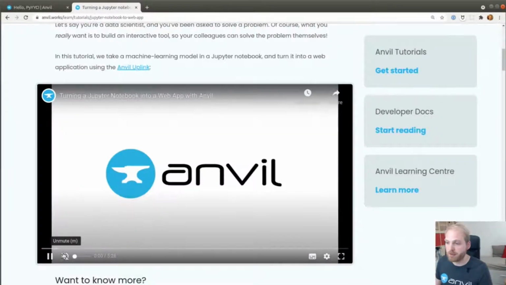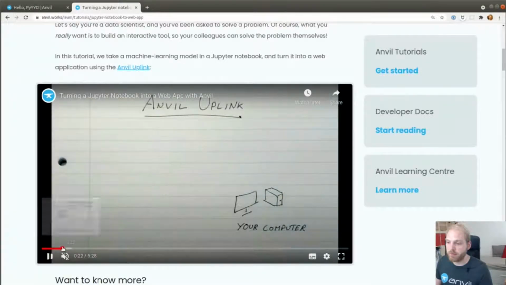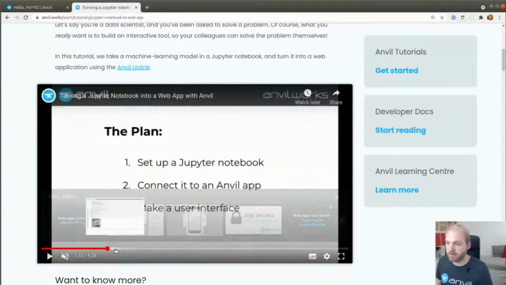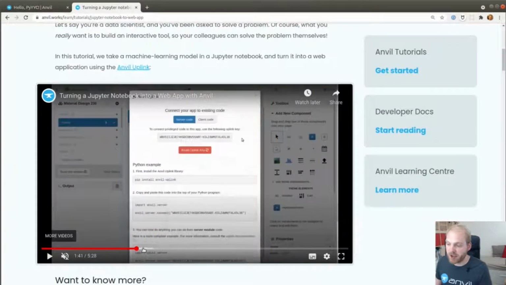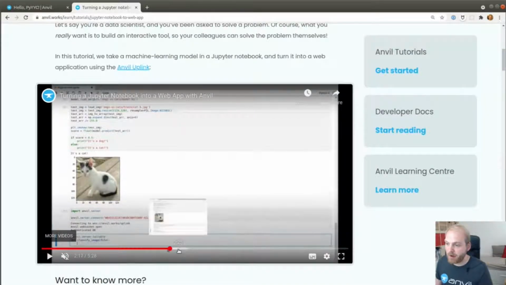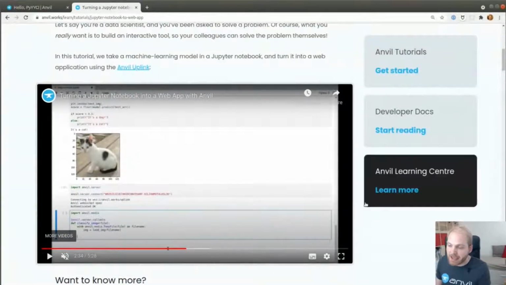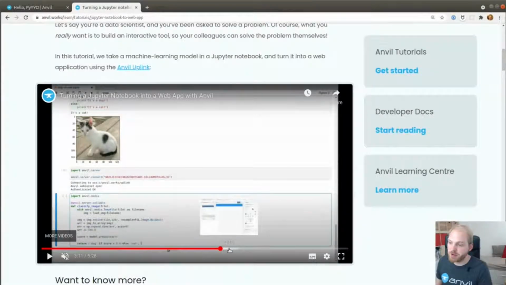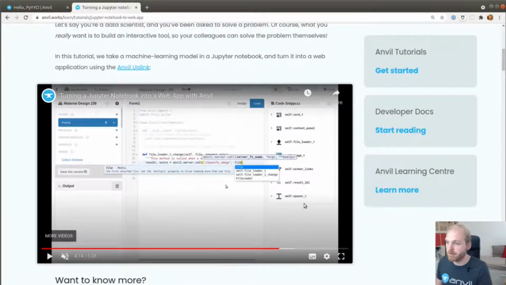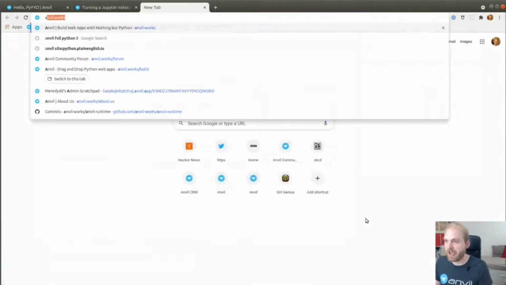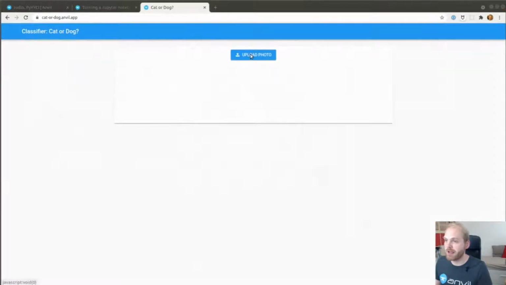And so in this video example, you will see I take a Jupyter notebook that, here we are, can already tell the difference between cats and dogs. And I connect it using the uplink to an application. And now I define an anvil.server.callable function in my Jupyter notebook. And then I go into my user interface and anvil.server.call that function from the web. And so if you want to see this in action, you can go to cat or dog.anvil.app, which is being